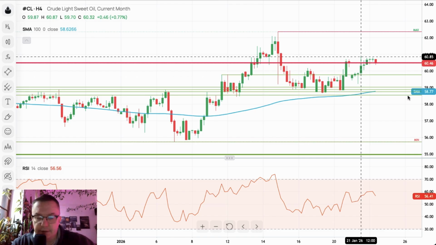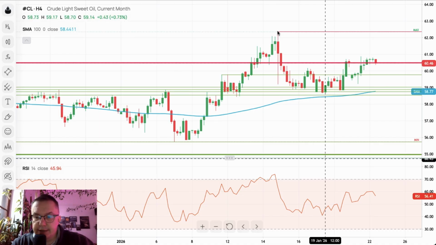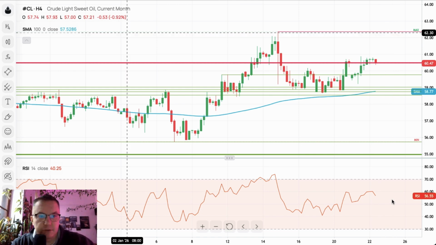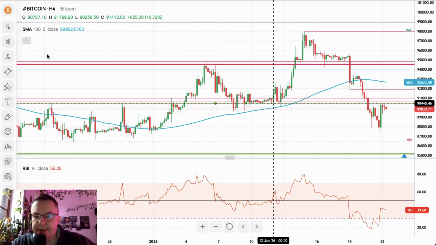Right now we are fighting with a 60.85, and a breakout above this level, and we test 62.32. Nevertheless, momentum is strong, 56 points. It's positive, definitely, maybe not very, very strong, but it is strong. So we should see movement to the upside on the crude oil if the momentum prevails.